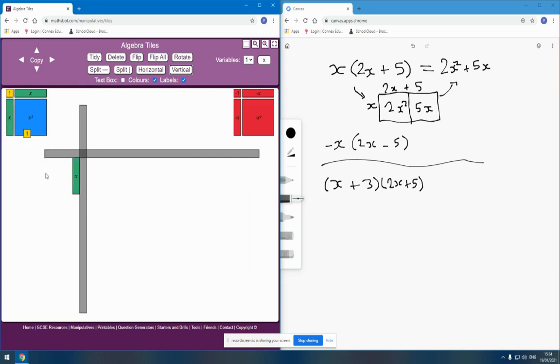So it has a width, say, of x plus 3. And of course, it doesn't matter which one is length and which one is width here. And part of getting to grips with this sort of thing is recognizing that it's the same rectangle, just a rotation of it, but it's the same total area value no matter which way around they go. And so what I can see here now is that I'm going to have my 2x squared in there, and I'm going to have my 5x's in here, just like I had in my first expansion,